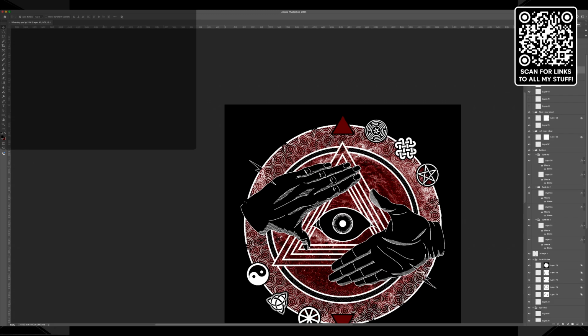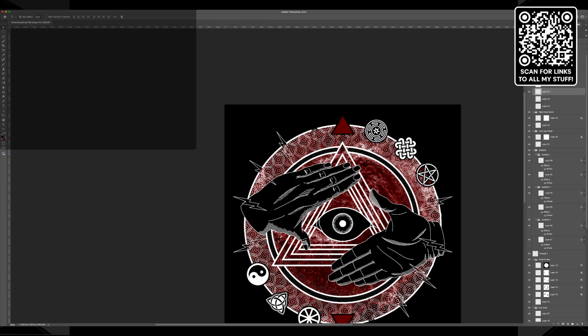This is actually one area where Procreate's a lot easier. Inverting things is, I mean, this is only 3 steps. That's 2 steps. So don't get me wrong, it's not a huge deal, but it would have been easier. Yeah. And then what's this one? Oh, yeah, there's one left.